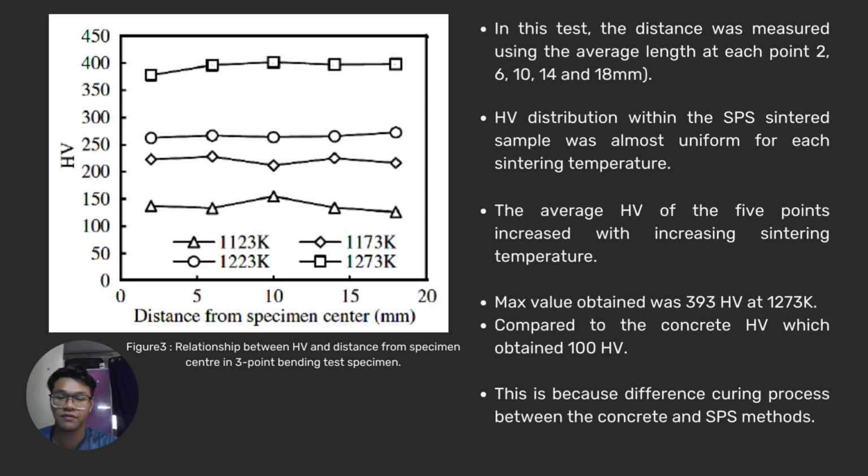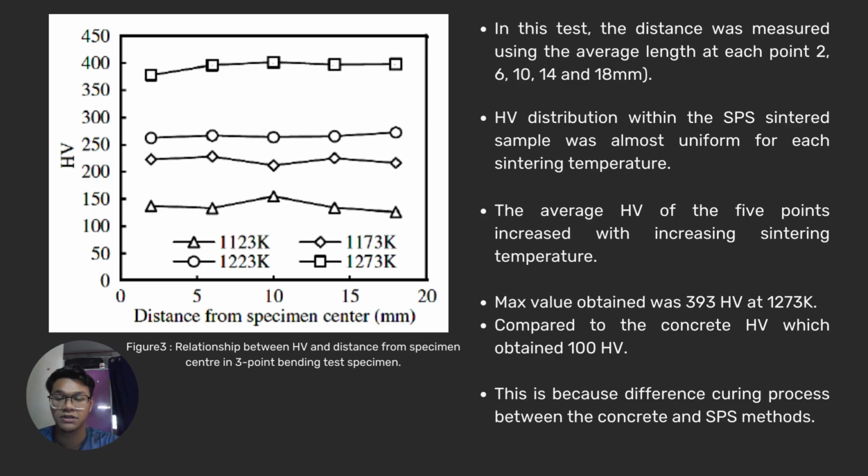Next, we move to figure 3, which is the relationship between the HV, Vickers hardness, and the distance from the specimen of the 3-point bending test specimen. In this test, the distance was measured using the average line at 2, 6, 10, 14, and 18 mm. The Vickers hardness distribution within the SPS sintered sample is almost uniform for each sintering temperature. As we can see in the graph,